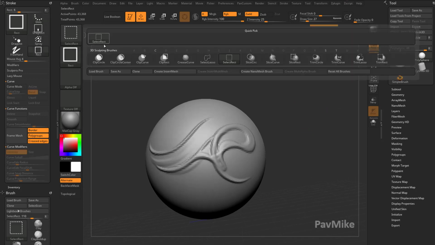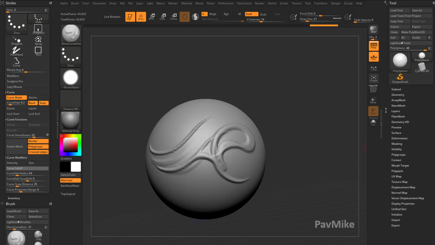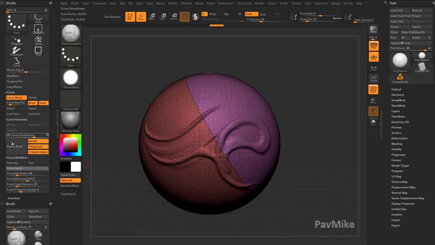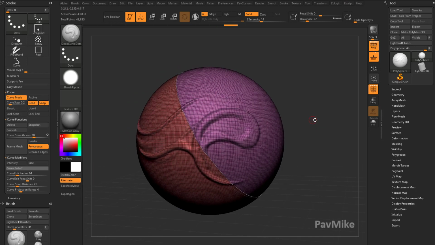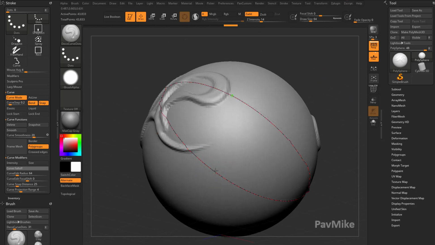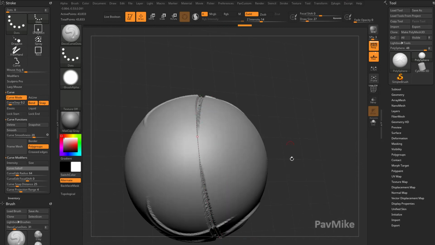Now, if you wanted to, you can also hold down Control Shift, do a slice, and if I turn on polyframe, you see I sliced right through this object. And then over here underneath the frame mesh area of the curve functions, you can say, you know what, frame that polygroup border. And then we'll go out of polyframe here. So now we have a curve right along that polygroup border, and then with Deco dots, that'll go ahead and add a brush stroke